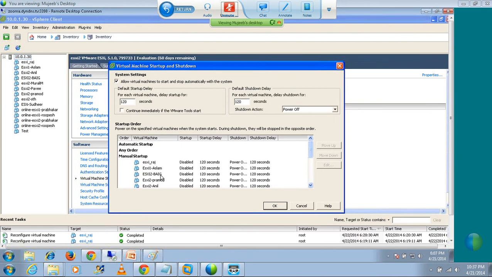Now you need to select the virtual machines which are to be powered on and powered off automatically. Then you need to select the virtual machine and click on move up in this way, and the second in this way. Right now, if you see this, I have configured only two virtual machines to automatically start up and shut down. And here, the first virtual machine which gets powered on would be ESXi-Raj, and the startup delay would be 120 seconds. And after